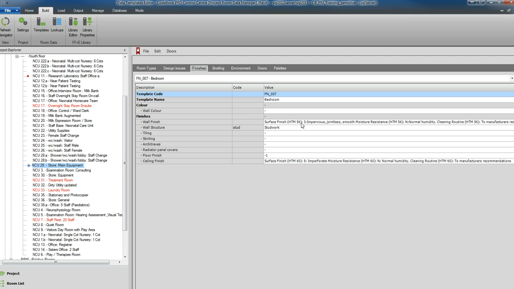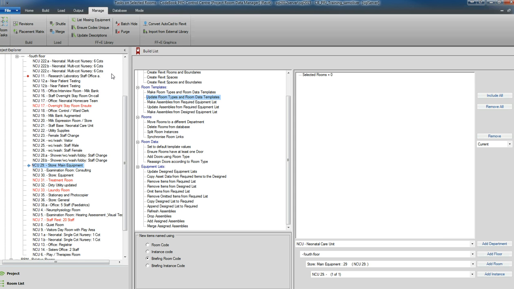This is great for individual templates, but we may actually want to do this on bulk. So what we can do is go to Manage, Room Tasks, and we have a Room Templates option in here, so we can perform an action on a selection of rooms. So if I wanted to perhaps make room types on bulk and room templates,